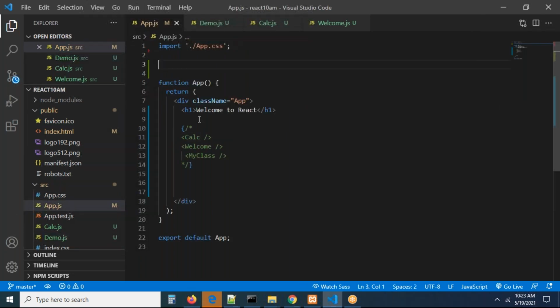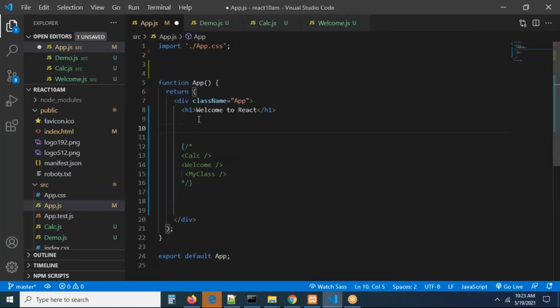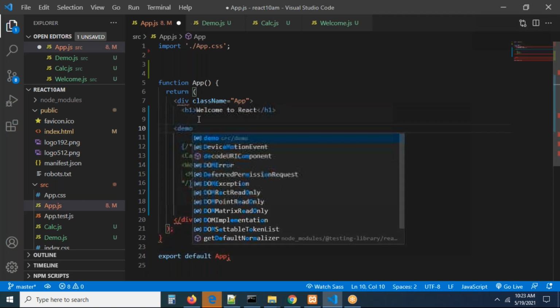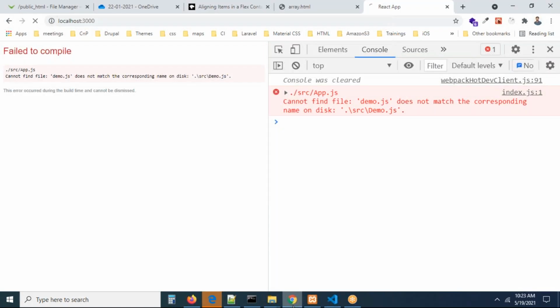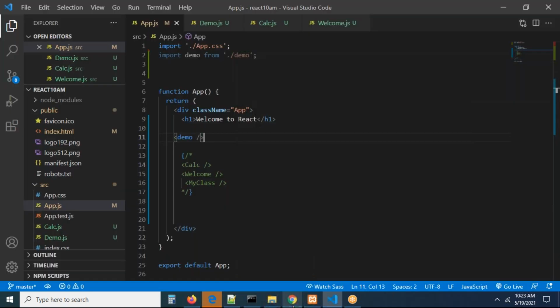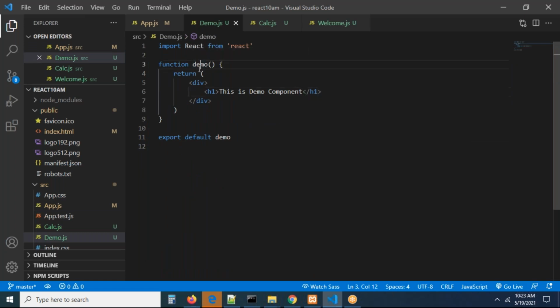You can go and import the demo simply. I'm just going to import demo. Okay, you can check this. I imported ./demo, capital Demo. But why is my component created in lowercase? I have to look at that, right? When I'm using the React snippet, it is not generating a capital D. It is generating directly like this. Maybe demo is predefined. I'm taking capital Demo. You can make this also capital Demo. Done. Right.